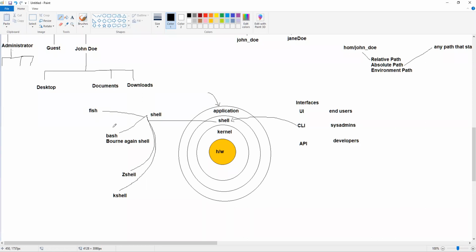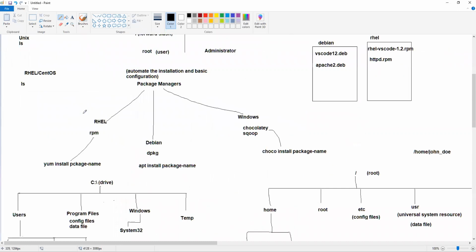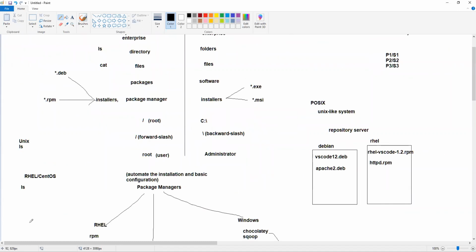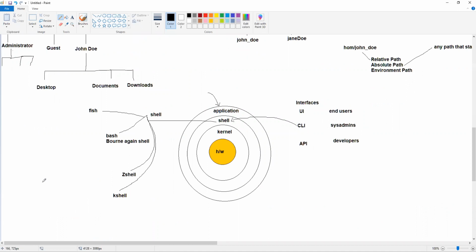So you have different shells, and there are going to be slight variations because they are different. If they are different, then they're going to have something different in them. But again, because they have to be POSIX compliant, your core functionality needs to be the same, right? So we will be working on the shell, and we will be working on the Bash, Bourne Again shell, and